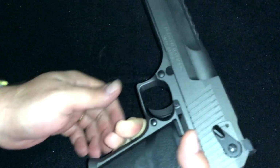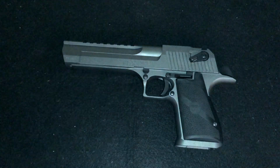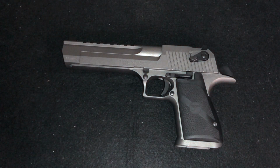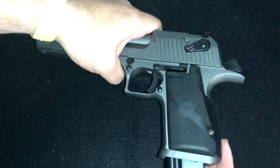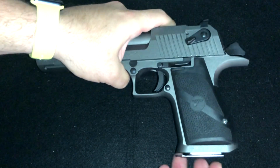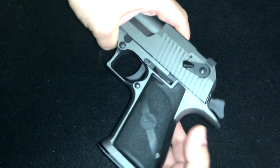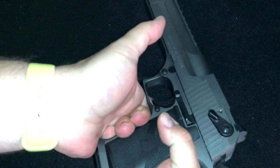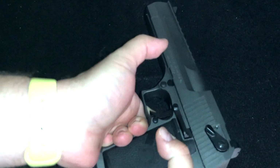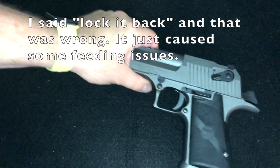The other thing is the magazine has this floating design with the way that it's inserted here. Let me put it in, you'll see the play and what I'm talking about. You'll see it's got a little bit of play down here at the bottom. And so if you get a grip where your support hand is just low and just sits on that magazine, that can cause it to basically lock it back and give you some malfunctions